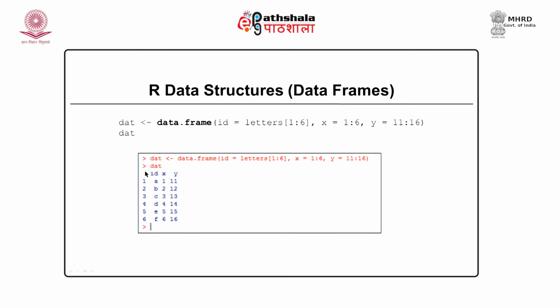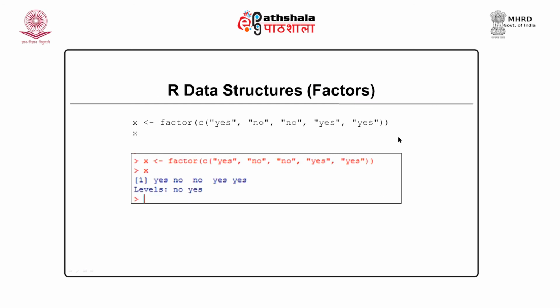So, this is what a data frame is. It contains different values according to columns and according to rows. The same can be done for employee ID, employee name, their salary, and so on. So, this is a very important data structure that is used by data scientists. Let us see another data structure.